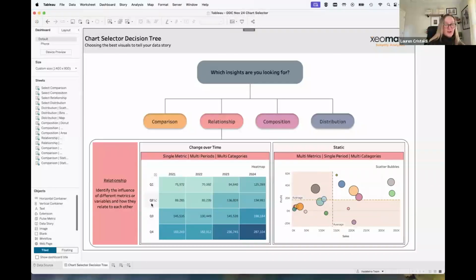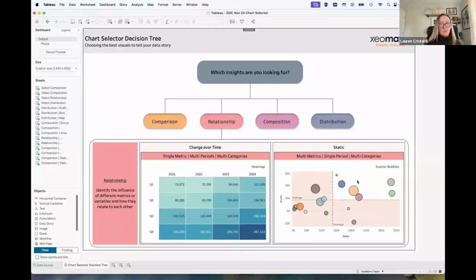so yeah, for change over time with this heat map, it's showing us here are the different quarters, here are the different years. If I'm asking, well, which quarters and years have performed the best? Well, you can see all of them over time in this one snapshot. Based on the shading, and this is shading just on one metric, so just sales, we can see that it looks like Q4 performs the best year over year, and particularly Q4 of 2024 has been performing at the highest rate.